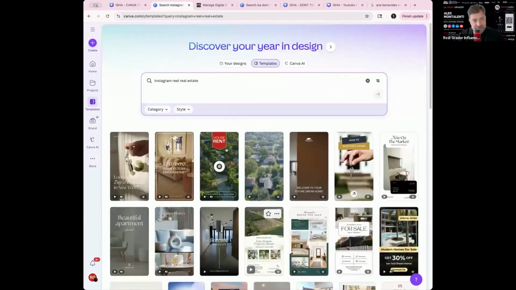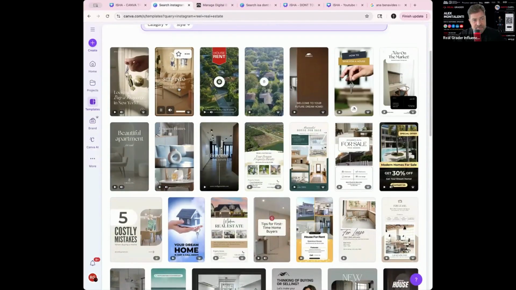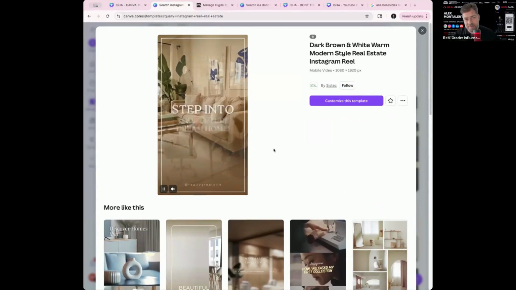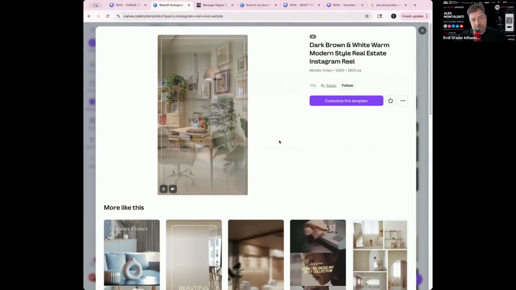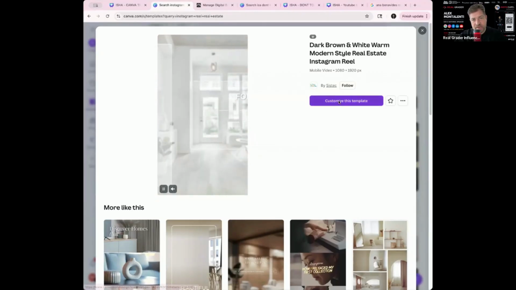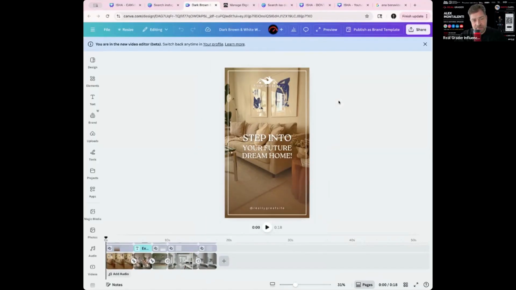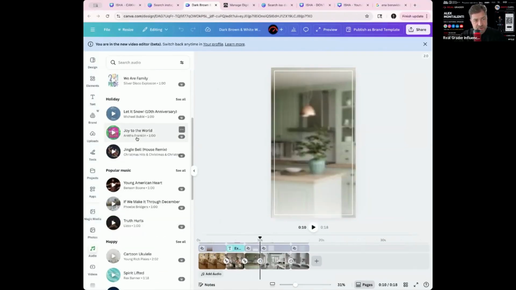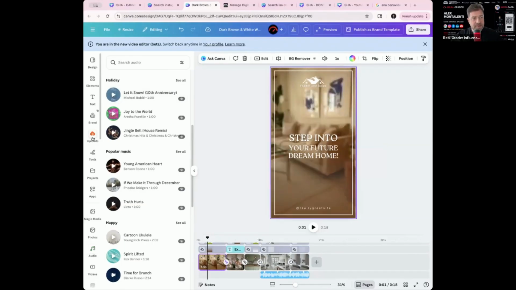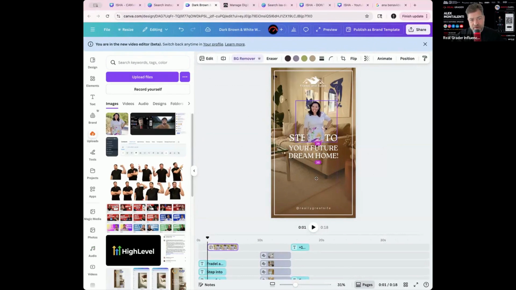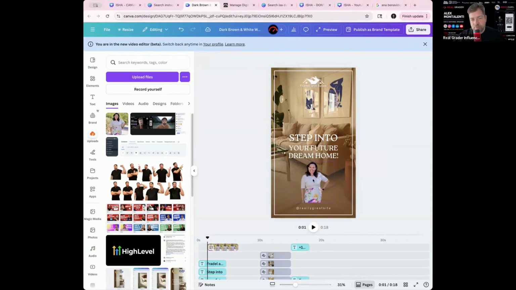Holiday ones, right? So let's say I select this one, step into your future home. I like it. Looks pretty. Can't tell where I am, right? Maybe Miami, maybe not. Could be anywhere. Oh, that's nice. Nice kitchen. Are you prepared to claim it as your own? Boom, I hit customize template. Here's the template. Let's play it as is. This one doesn't have audio, so let's add an audio, right? Let's add Joy to the World. So boom, right? So now I go back, I drag in Anna's headshot, boom, I remove background remover, and I drop it right there. Step into your future dream home. We already customized it with Anna's logo, right?